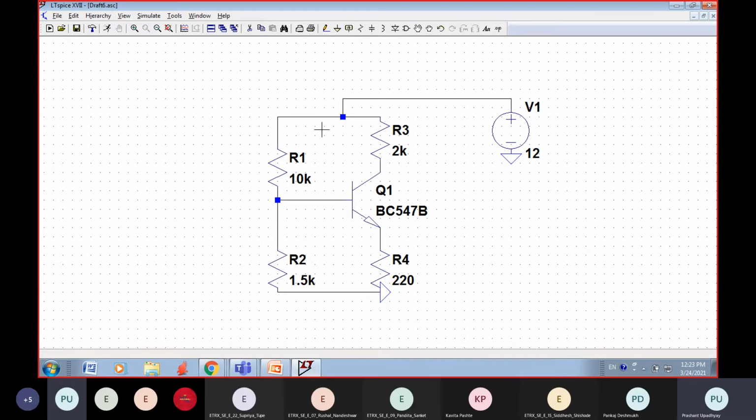If somebody has typed in the chat box, I can see a chat box. Oh, it's an older message. You people have not typed anything. So anybody want to say something? Why do we have a capacitor around the transistor in this circuit?